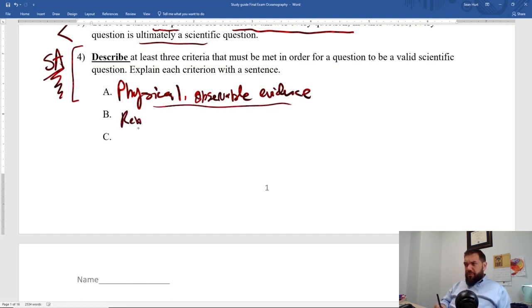Another part of this is that it has to be reproducible. Reproducible means that other people can come later and reproduce your observation, right? So if you observe the ocean's salinity in Corpus Christi Bay to be 3.5%, other people have to come and also make the same observation and verify that it's correct, okay? So that's what's meant by reproducibility.